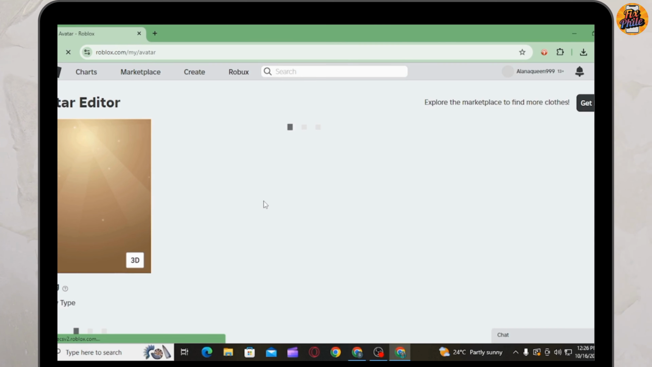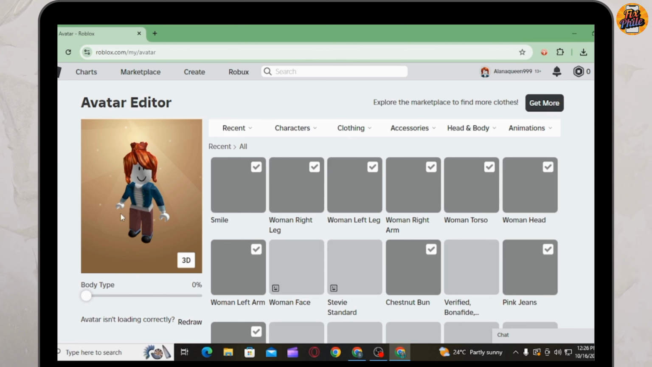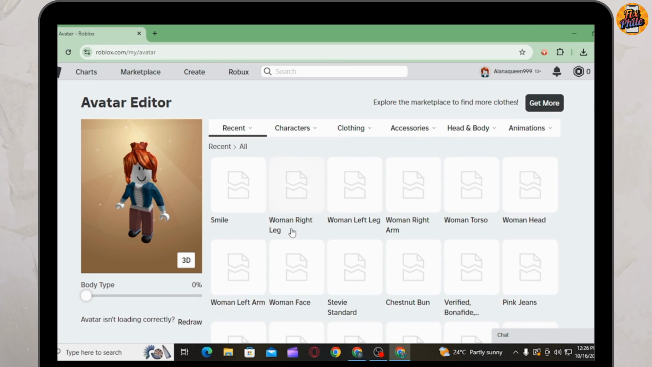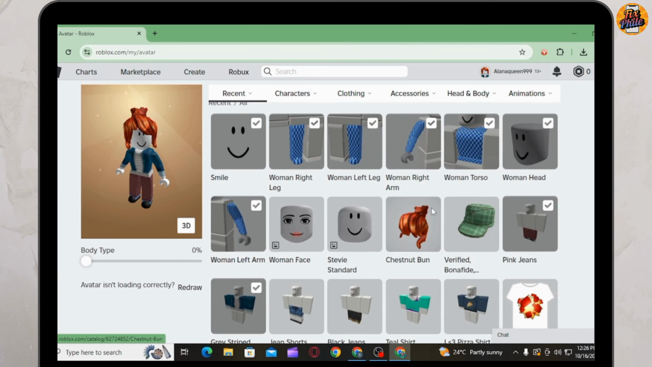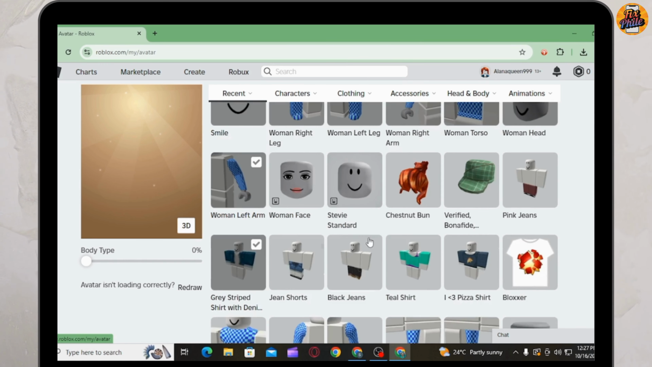Once you land on this, this is your default clothes. Now, if you want to remove that, you simply want to click on the recent option and then click on all. Now, you simply want to deselect all of the clothing items over here. Once you have deselected all the default clothes, next thing you want to do is click on head and body